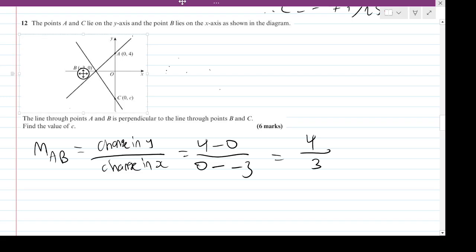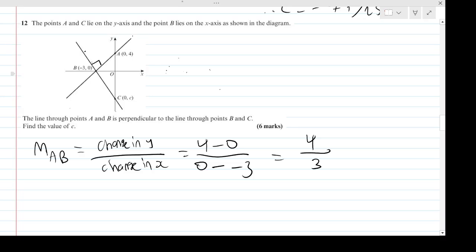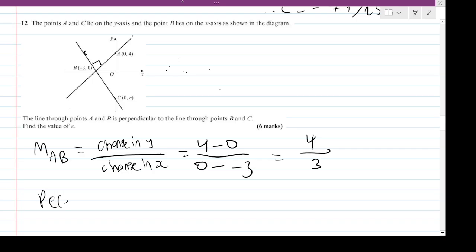Cool. Okay, well then it's saying that this other line, that passes through B and C, so this other line here, is at a right angle when they intersect. Well, it's saying that they are perpendicular. So what does that mean with the other line then? If this line AB is perpendicular to this line BC, well, what does that mean for its gradients then? The gradients are negative reciprocals again, right? So if I know this one is 4 over 3, that gradient, then that means the perpendicular gradient